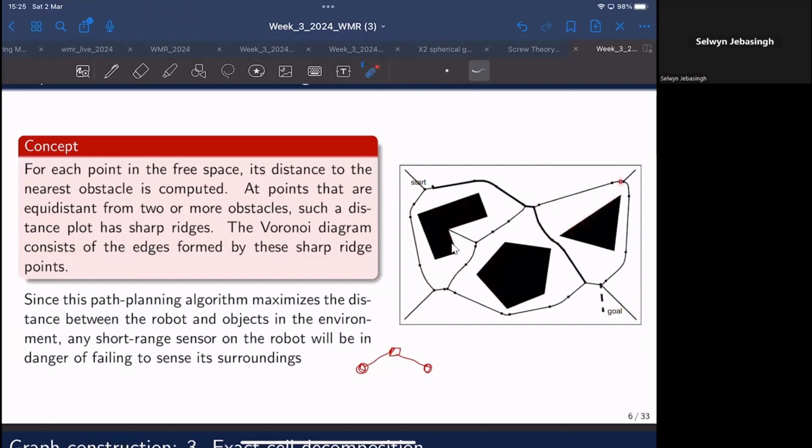And all these curves, whatever you see here as curves, are basically equidistant points between a corner and a line, right? For example, if you consider this to be a wall and this to be a side of an obstacle, when the robot is starting from here, it will actually go along a path that is equidistant from this obstacle